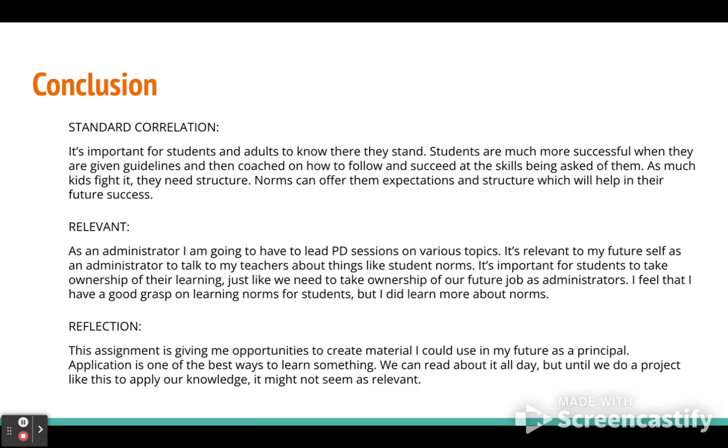The assignment has given me opportunities to create material I could use in my future as a principal, and application is one of the best ways to learn something. So we can read about it all day, but until we do a project like this and apply our knowledge, it might not seem as relevant. And that's something really important to think about kids too, is they can learn all day, but until they get a chance to really be held to a high standard